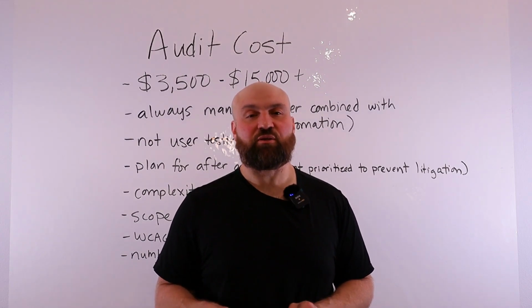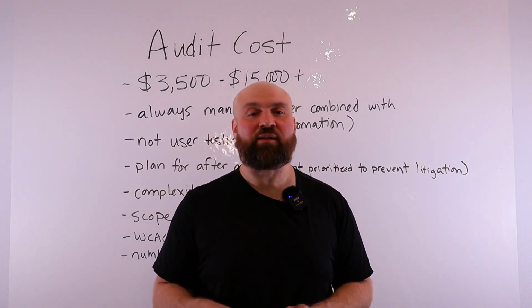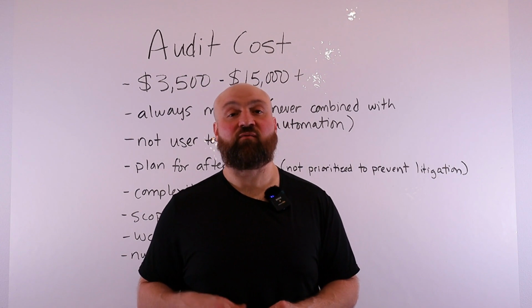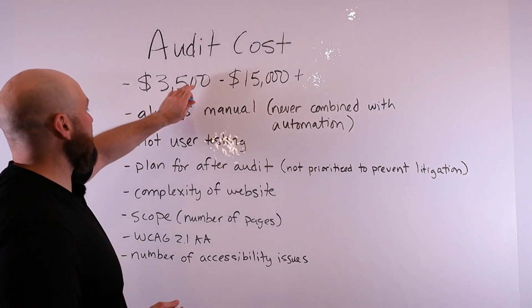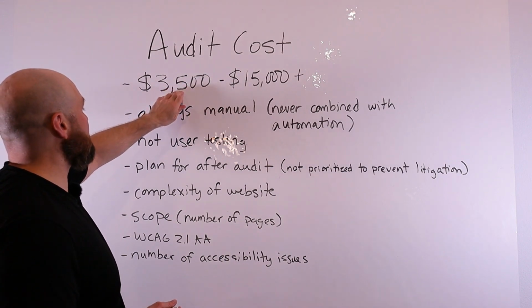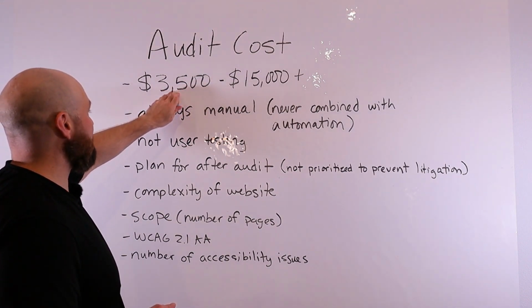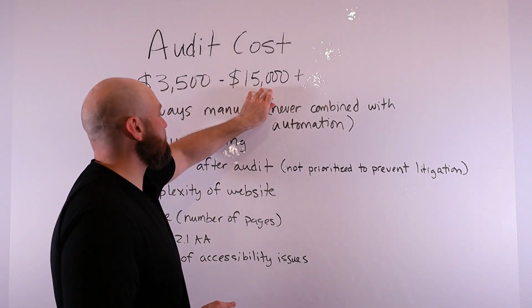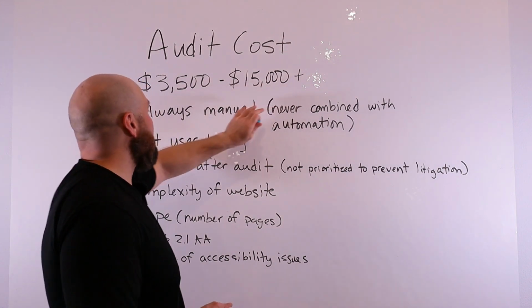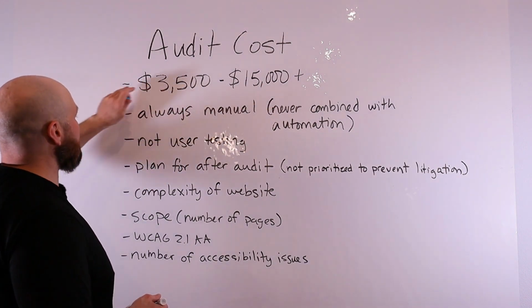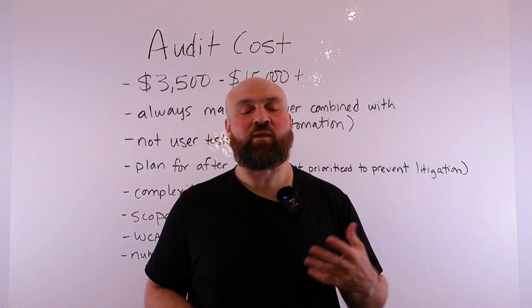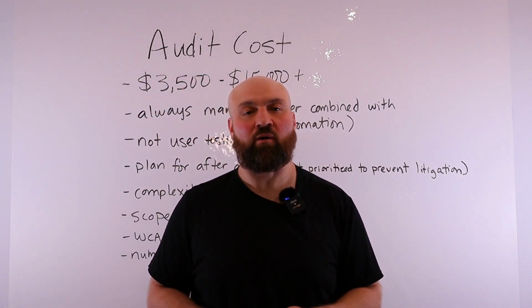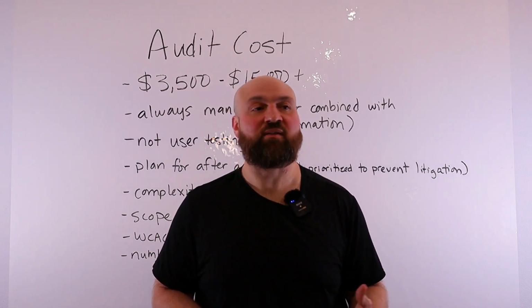Let's cover some essential information you need to have when researching accessibility service providers for a website accessibility audit, starting with the cost of the audit. The range of an audit typically is $3,500 on the very low end and then $15,000 on the higher end. And if we're at $3,500 and you get a quote for less, then you just have to assess the situation and determine whether you feel confident about the quality of audit you're going to be receiving, which leads to my